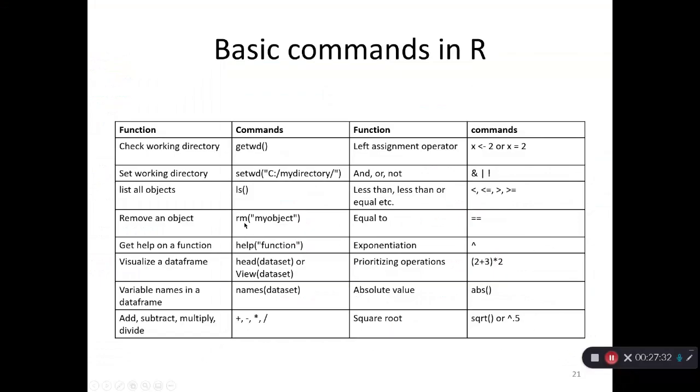Then let's see. Well, the help file, we have seen them already. If you have some data, you can visualize them using the commands head or View. We will see that later. And names gets you the names of the variables in some data set. Plus, minus, multiplication, and division are the symbols for basic mathematical operations. This is interesting. You can assign the value to a variable using either the equal symbol or the arrow symbol,